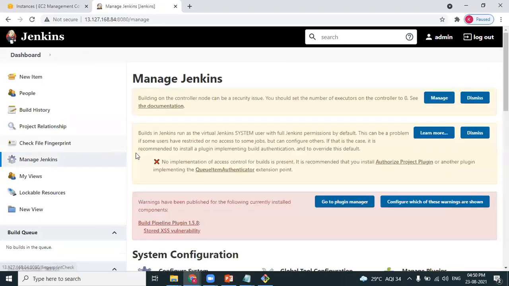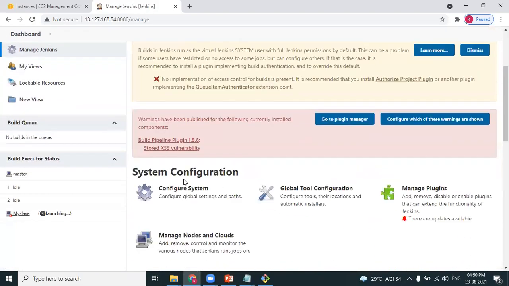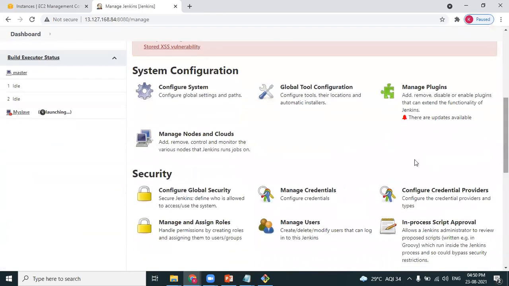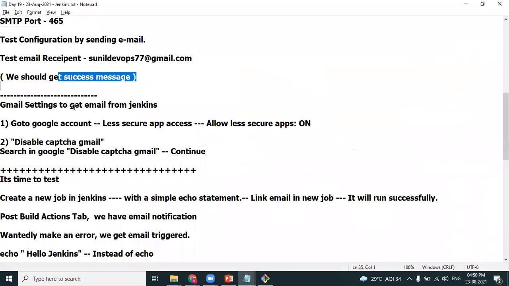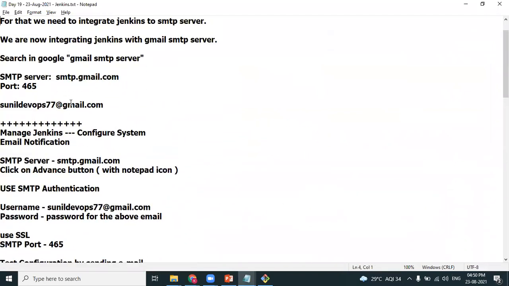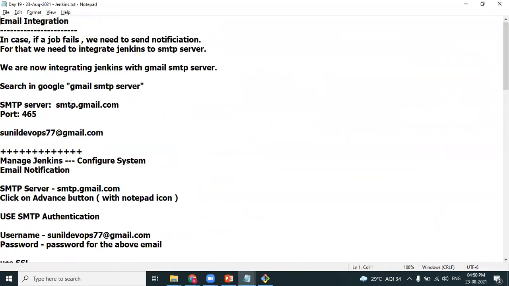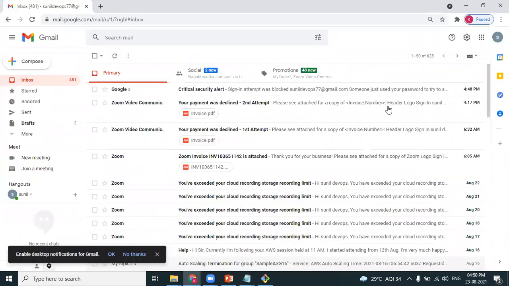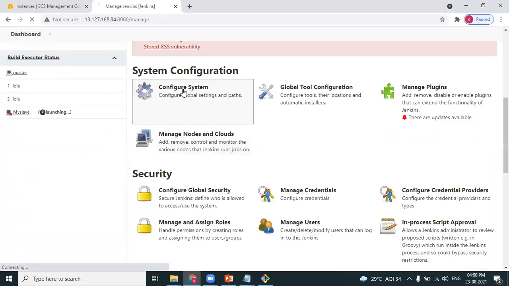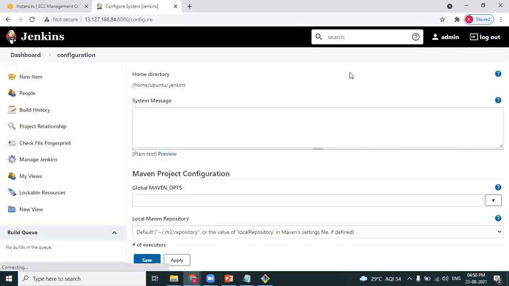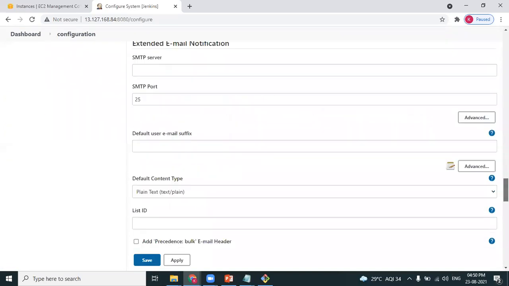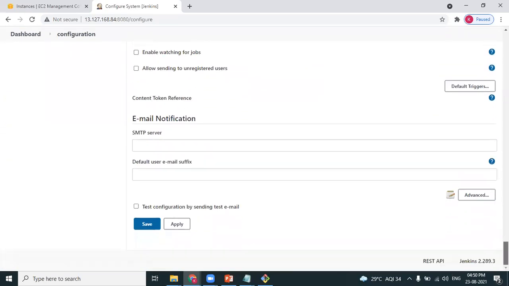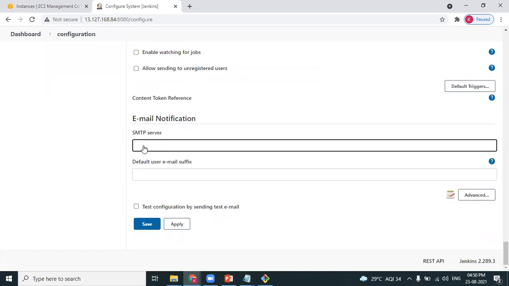Go to Manage Jenkins, Configure System, not Configure Global Security. Scroll down to email. Let me enter the details one more time.